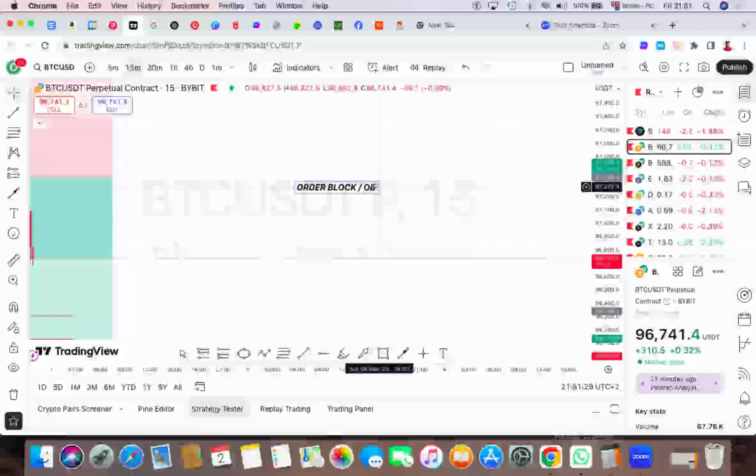So now, let's come back to us. Today's topic is order block. Mr. Abdullah was telling us that in the last session we spoke about fair value gap, and I gave some examples, right?